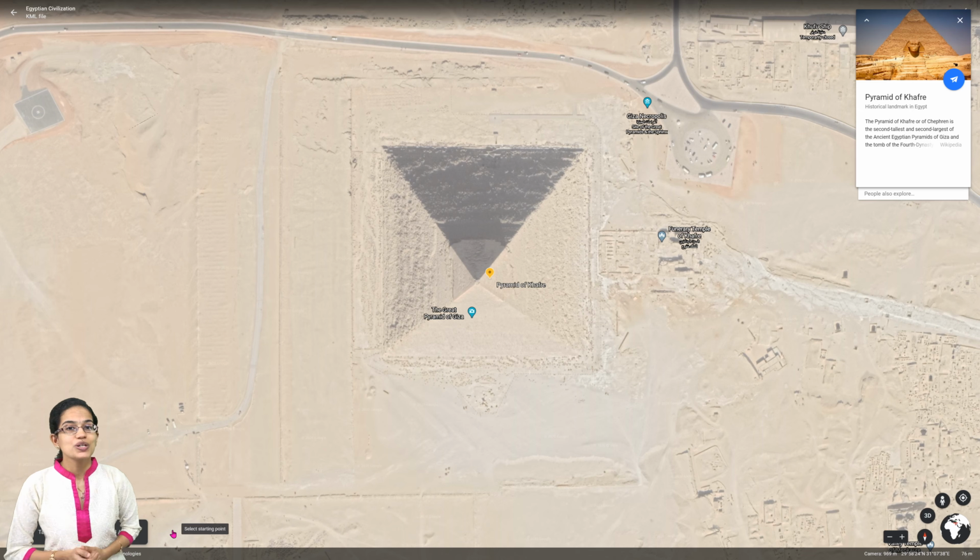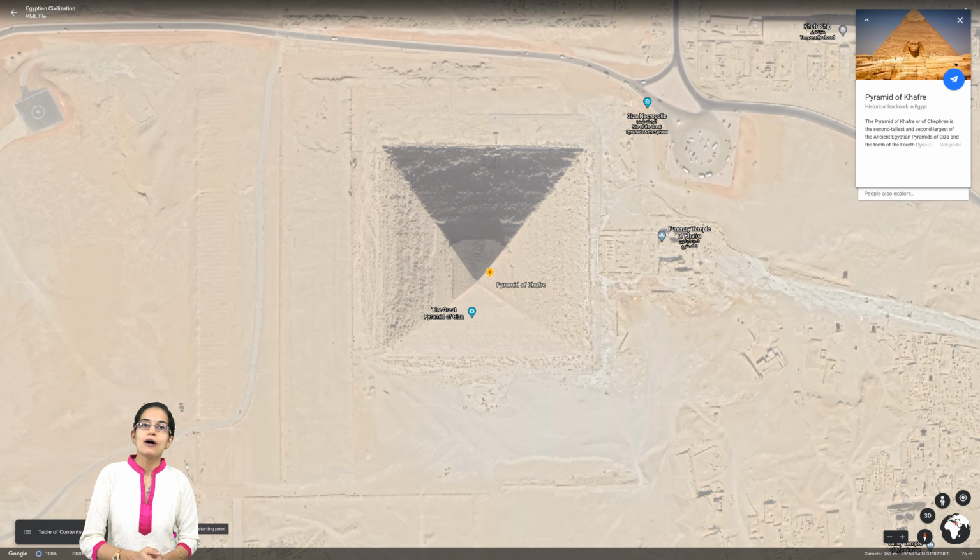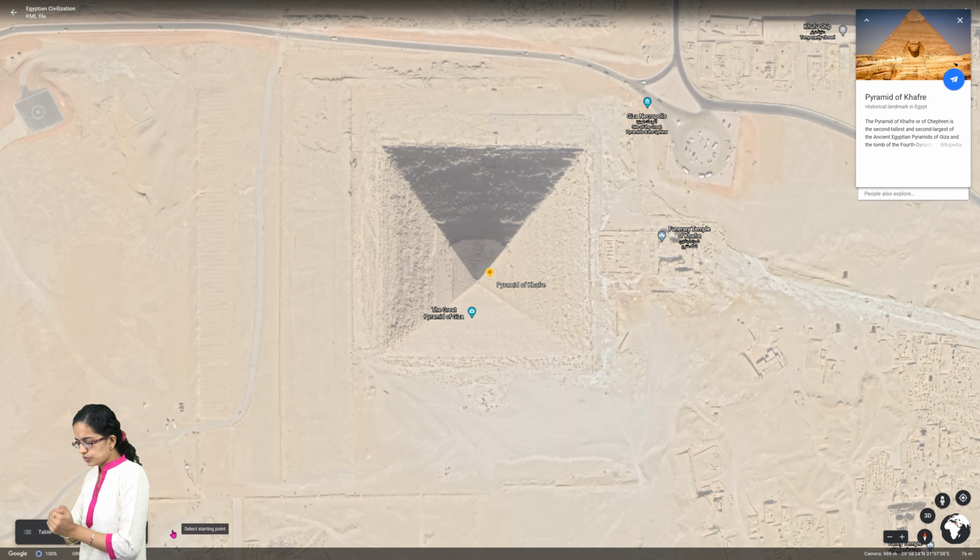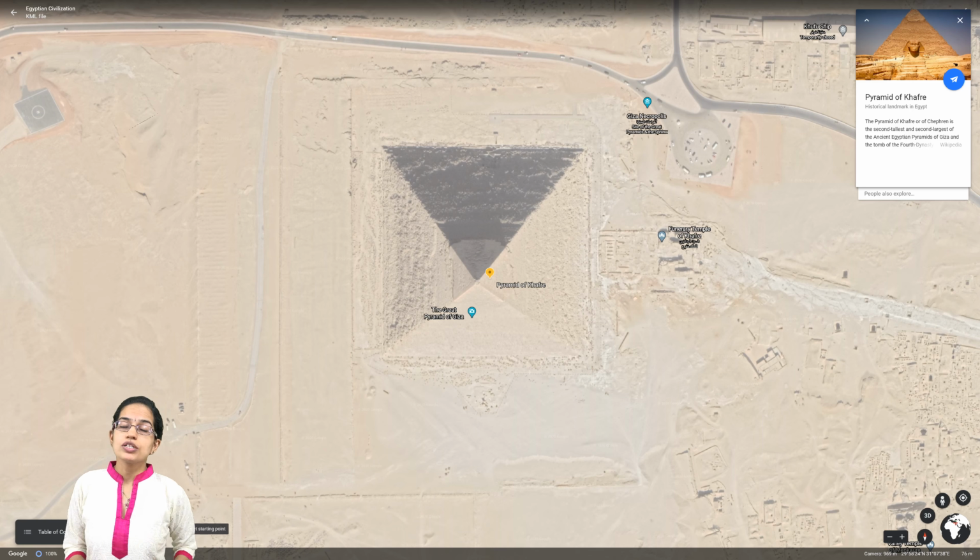Egyptians were the first to introduce the solar calendar. They talked about 365 days: 360 days with 12 months of 30 days each, and 5 days were kept exclusively for religious or festive seasons. So 5 days were considered a part of their festive period in their life. And also they had the development of ink. Ink was made from soot, and that was one of the ways they used to inscribe and write. So those were some of the major developments that we have seen with the Egyptian civilization.